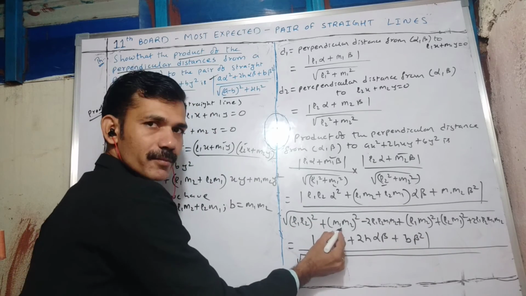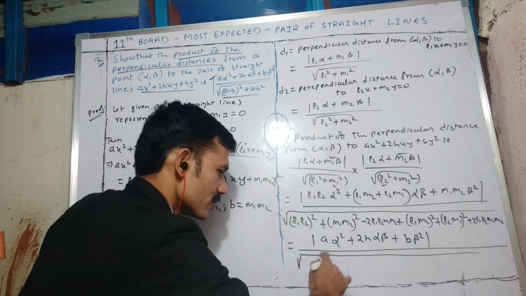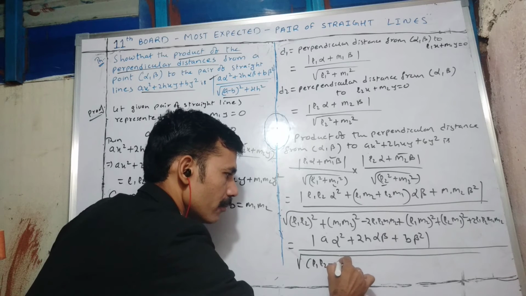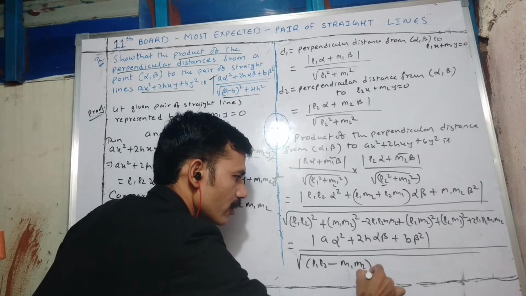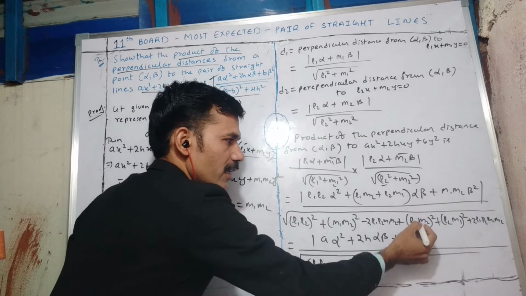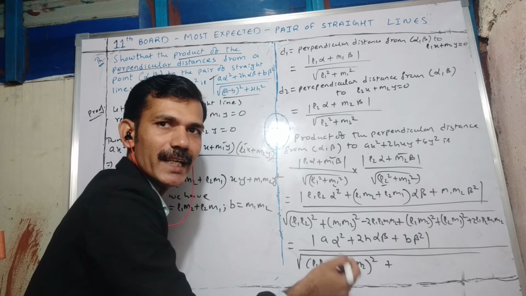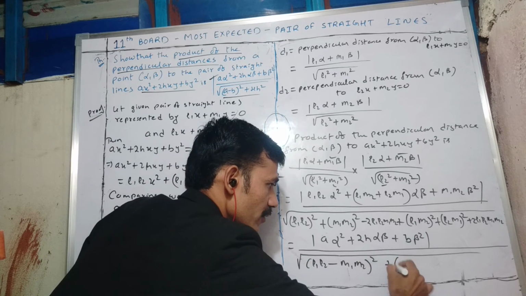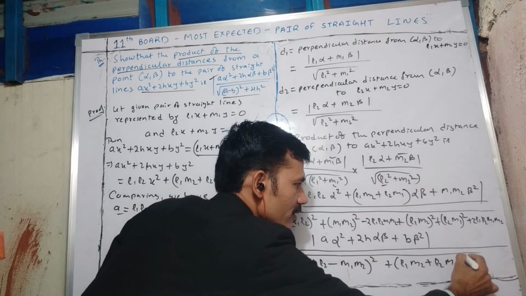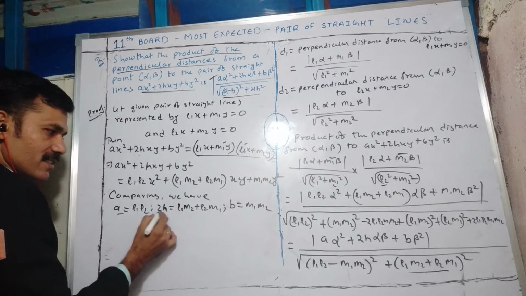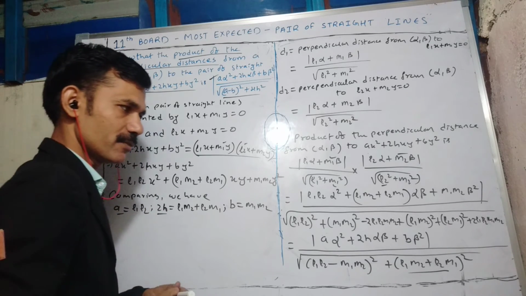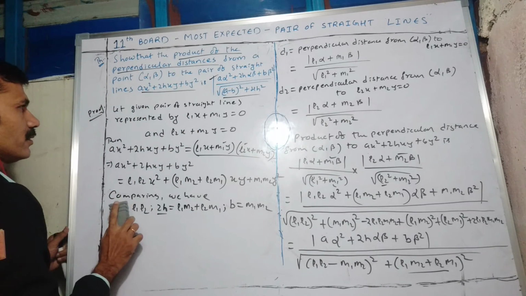this is A square plus B square minus 2AB form is there. So what I can write? A minus B whole square I can write. Here it is in the form of a square plus b square plus 2ab. A plus we are having L1 M2, b plus we are having L2 M1. So a plus b whole square we have to write, L1 M2 plus L2 M1 whole square. Now I can express this in the form of 2h. I can replace it with 2h. So we are close to our answer.